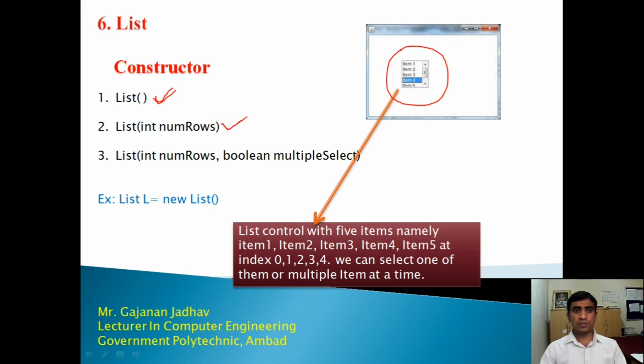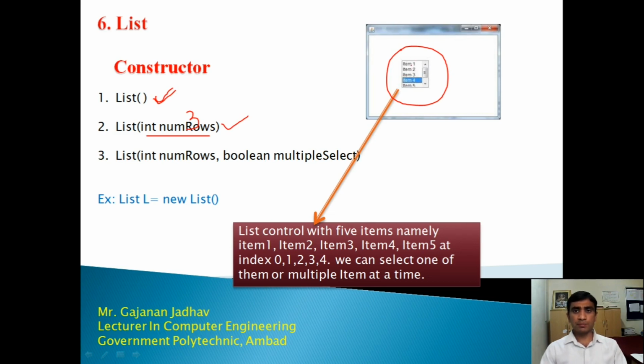The second constructor is List(int numberOfRows). This will create a list control with a specified number of rows visible. What is the meaning of this int numRows? If you specify here 3, you can add n items, but you are making visible only 3 items.